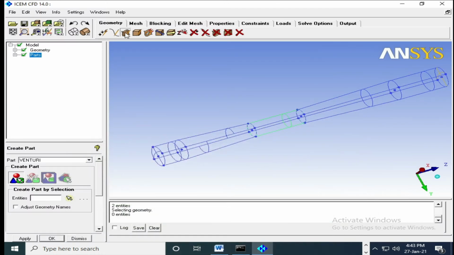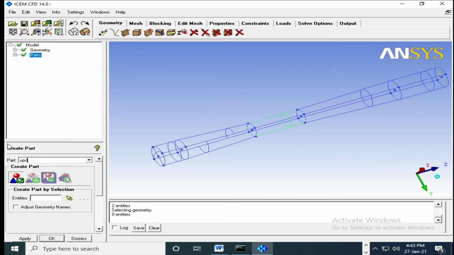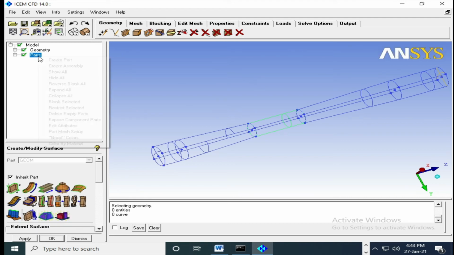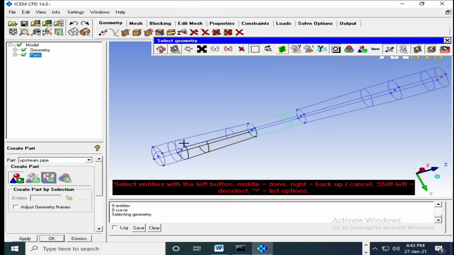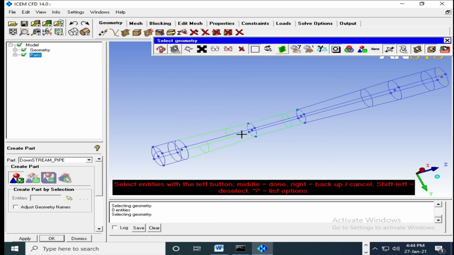So create part, upstream pipe, and downstream pipe is this one.